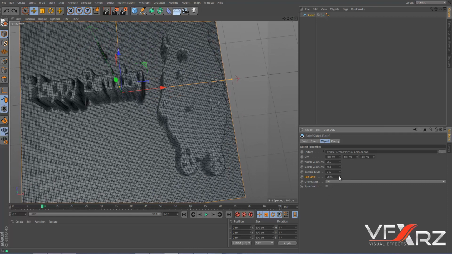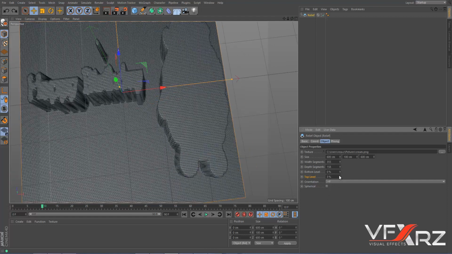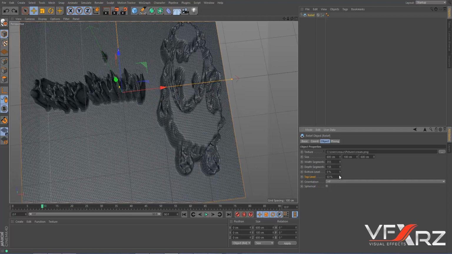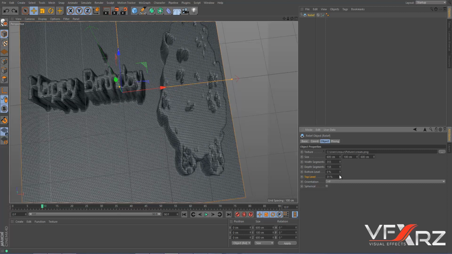And if you change this top level, you can see it's more like that picture. For example, it says happy birthday. Okay,